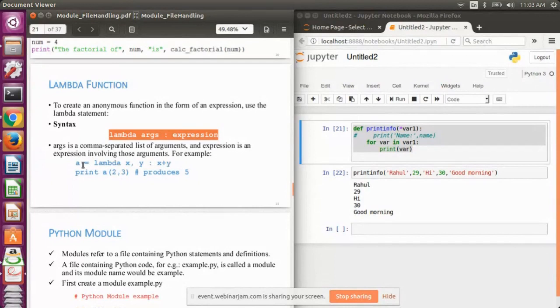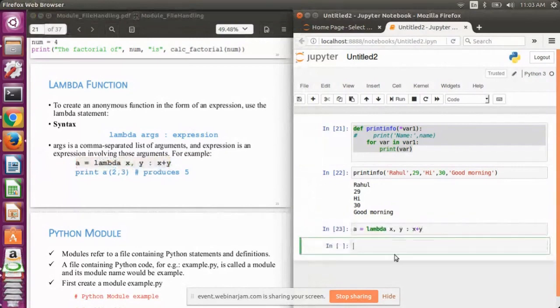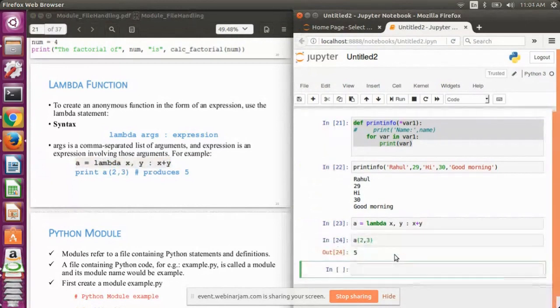So let me show you here. If I copy this, paste it here and execute it, for two and three, the answer is 5. Right?